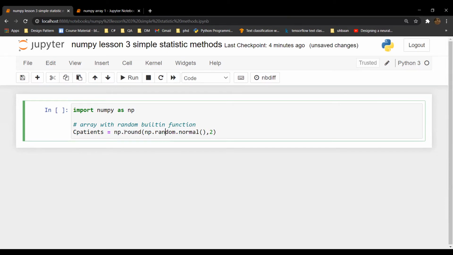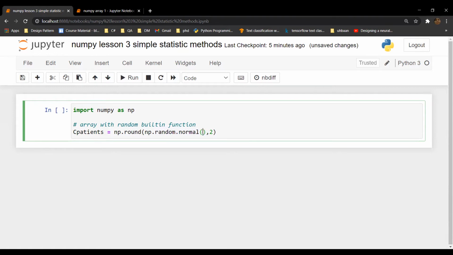So np dot round will round the values to two places after the decimal, and np dot random dot normal is our function that creates a normal distribution.